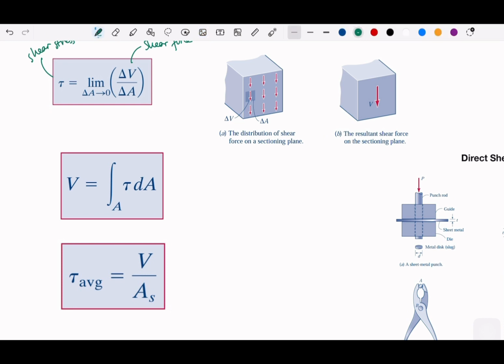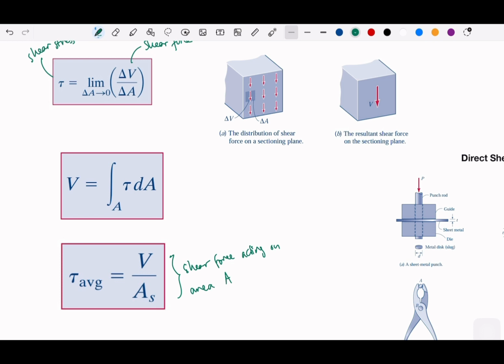It means that all the forces here, or the shear force, acting on area A. But more applicable or more